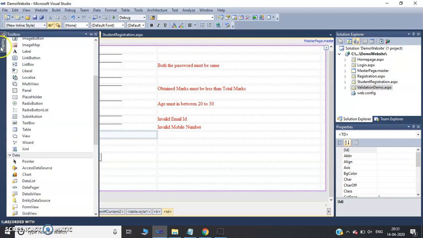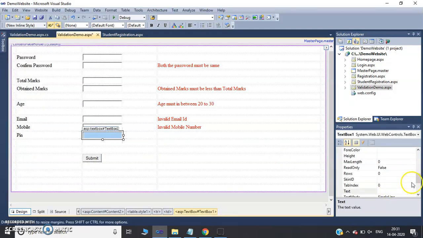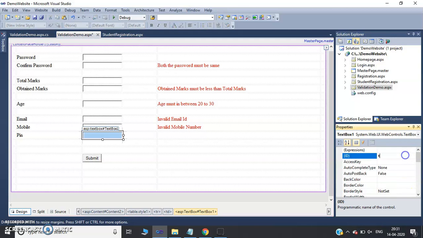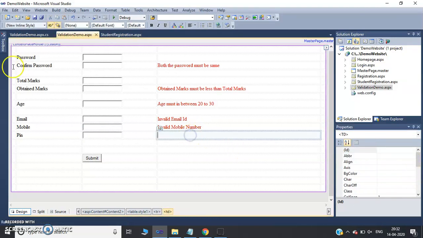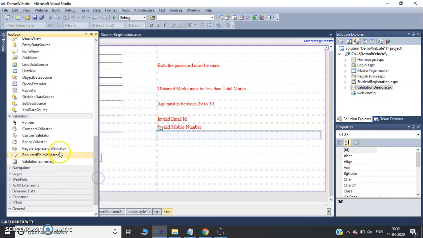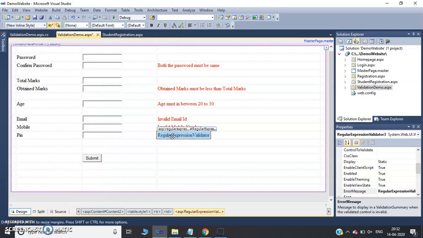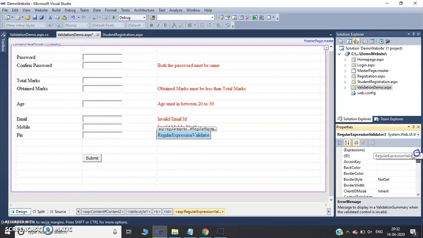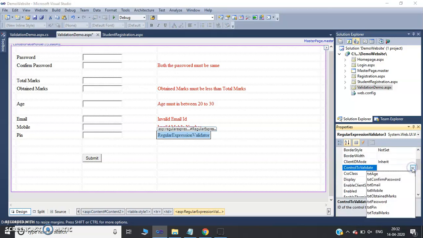So for this, just like the mobile number, take one text box, change the id property to txtPin, and just drag a regular expression validator in front of pin. First property, control to validate, select txtPin,